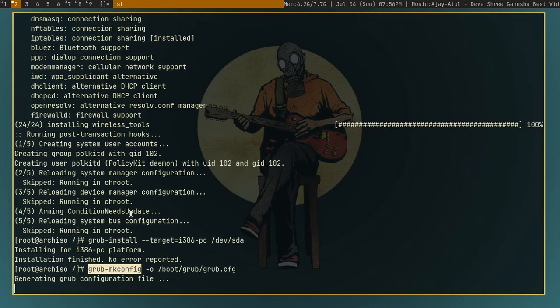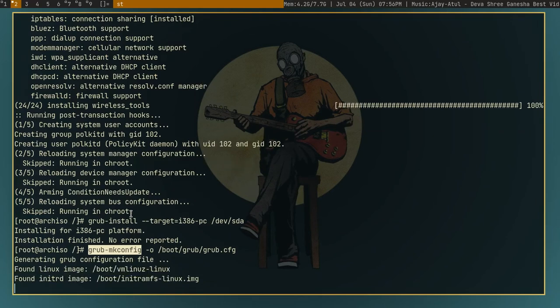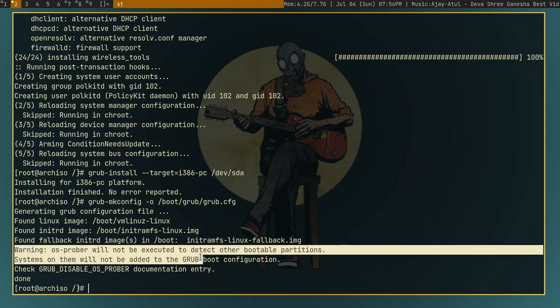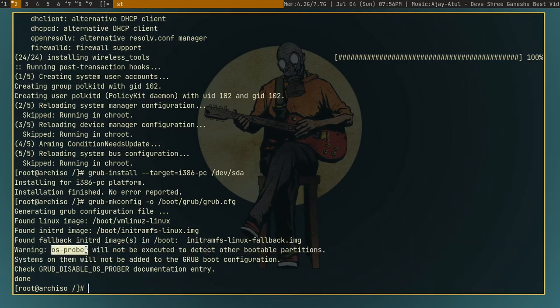It's generating the grub configuration file. Found a kernel. Okay, it's done. Just ignore this warning, because we have not installed os-prober, so it's not required.